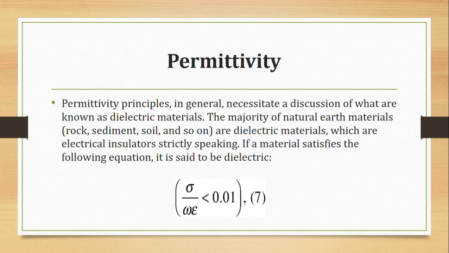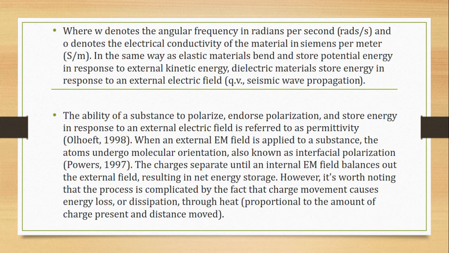Permittivity. Permittivity principles in general necessitate a discussion of what are known as dielectric materials. The majority of natural earth materials are dielectric materials, which are electrical insulators. If a material satisfies the following equation, it is said to be dielectric, where ω denotes the angular frequency in radians per second and σ denotes the electrical conductivity of the materials in